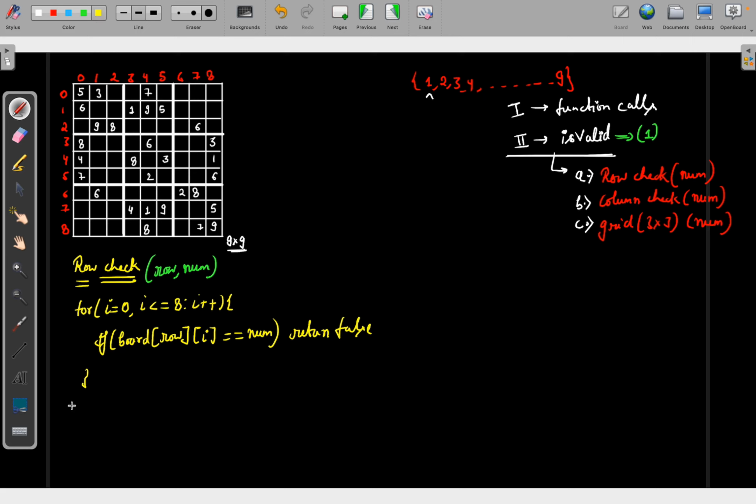The column check will also be the same. For the column check, what will I require? I will require a column and the num. And again I will check like this. I will start from i equals 0, go till less than or equal to 8, and do i plus plus, and it will check the column. If my board at i and the given column,